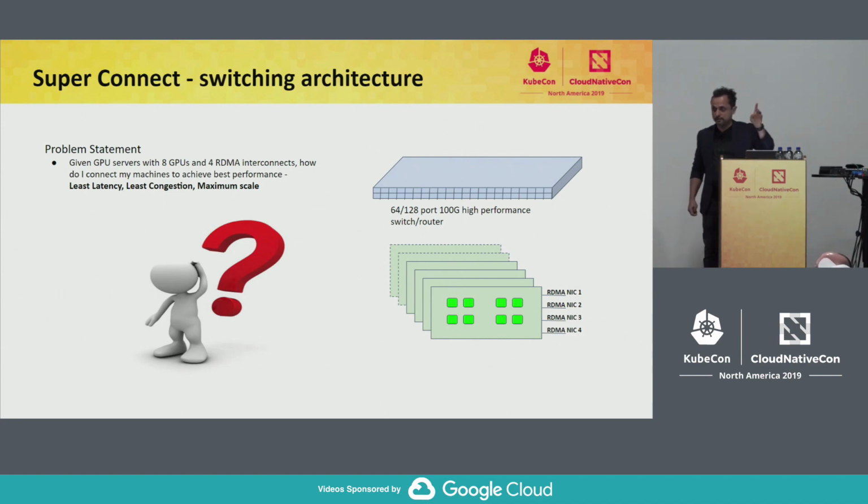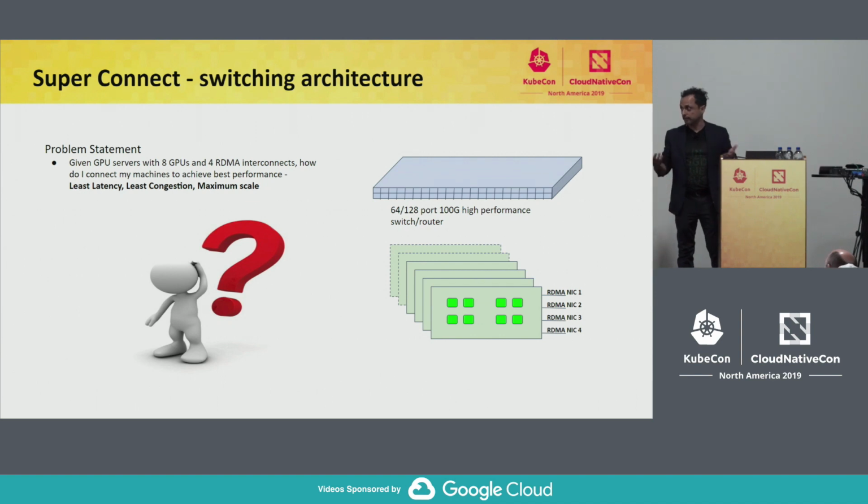If there's one single important thing that you're here for and you want to learn on how to get deep learning infrastructure at scale with Kubernetes and everything, this is the one thing which will improve your performance multifold, make it scalable, make it reliable. The problem statement is that I got these GPU boxes. Each box has 8 GPUs or 16 GPUs or 4 GPUs, whatever your favorite configuration is. And let's connect them to the network. And the network has these top of rack switches. How do you connect them?